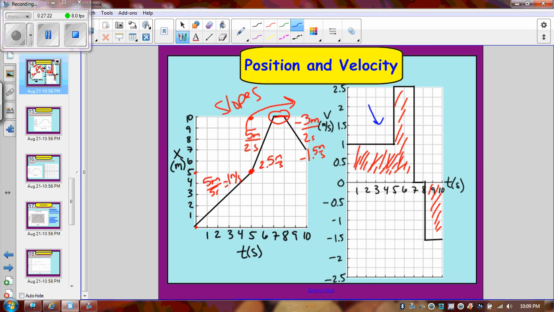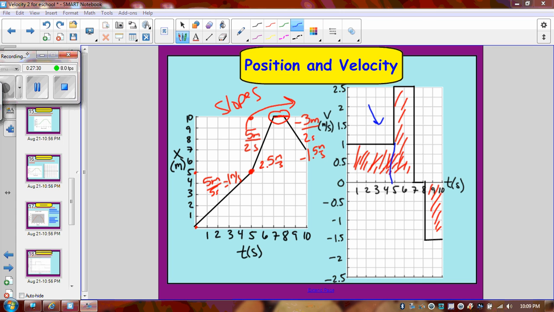Kind of looks a little weird, but we can break this up into 2 separate rectangles. There we go. Okay, so I'm going to do my best here to draw a line. There we go. Let's figure out the area for these 2 rectangles, and then we'll just add